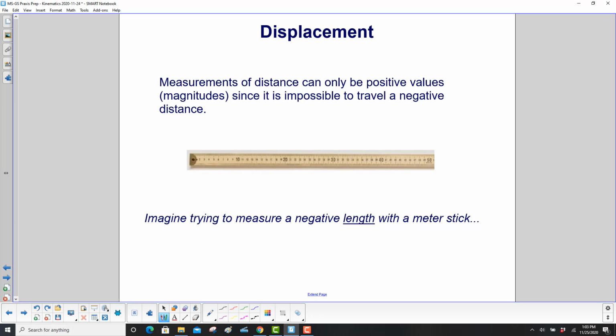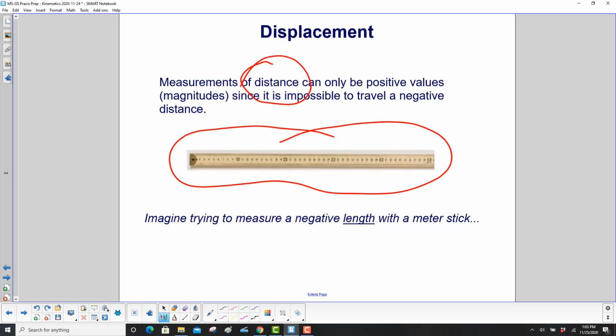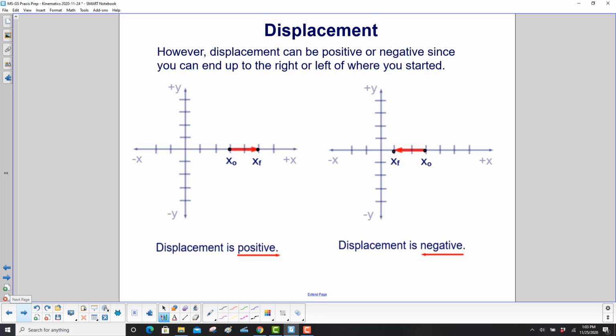Now, measurements of distance can only be positive values or magnitudes, since it is impossible to travel a negative distance. Imagine trying to measure a negative length with a meter stick or half a meter stick. However, your displacement can be positive or negative, since you can end up to the right or left of where